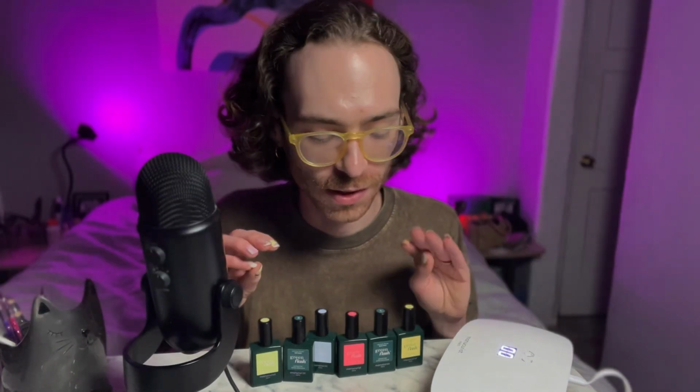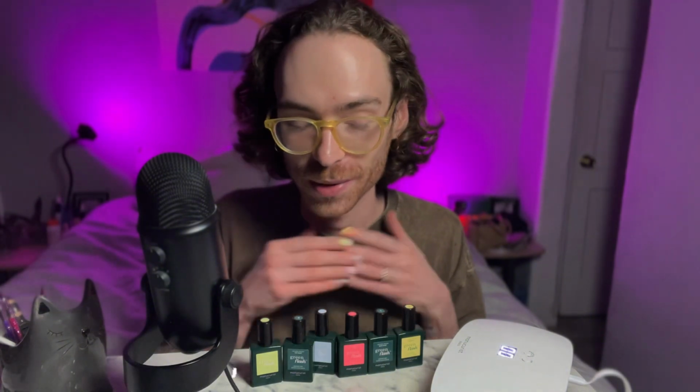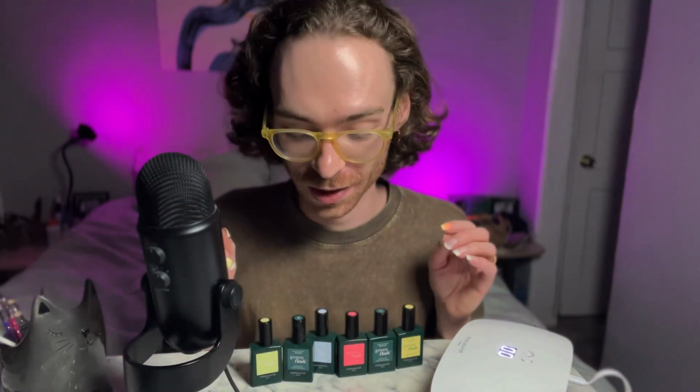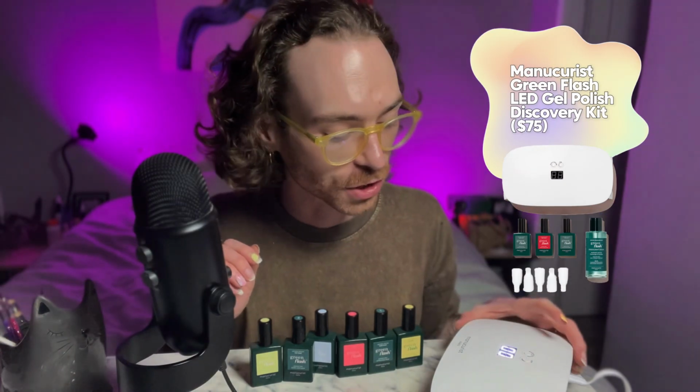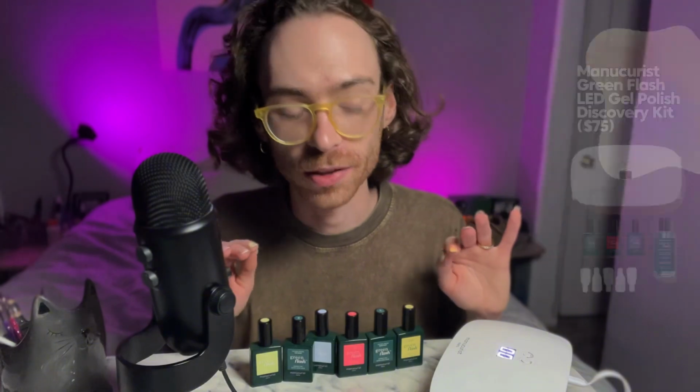So for this angle and stuff, I have to have the microphone in frame, which I hope doesn't bother you. It bothers me, but we're going to make it work. I'm going to be using the Green Flash kit from Manucurist. I've talked about it in a few videos. I've been loving it, so